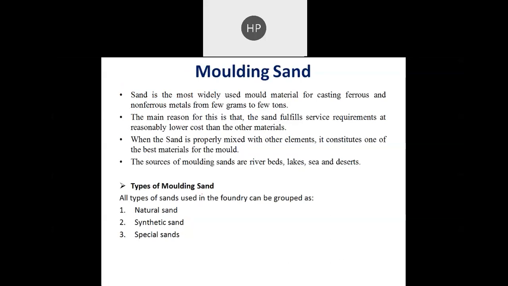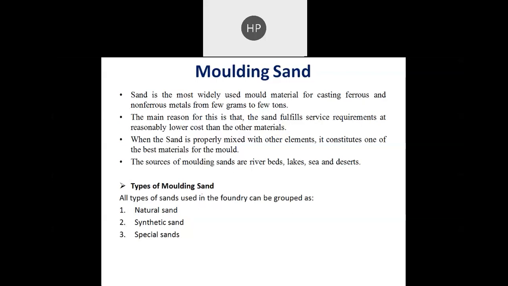this foundry technology. So today we are talking about our next important component of the metal casting process, which is sand. First is the pattern. Pattern is the replica of the model that we are going to produce. In designing and manufacturing the pattern, certain allowances have to be considered, so that is what we have discussed. Now we are talking about the second important component or ingredient of this metal casting process. It is molding sand.